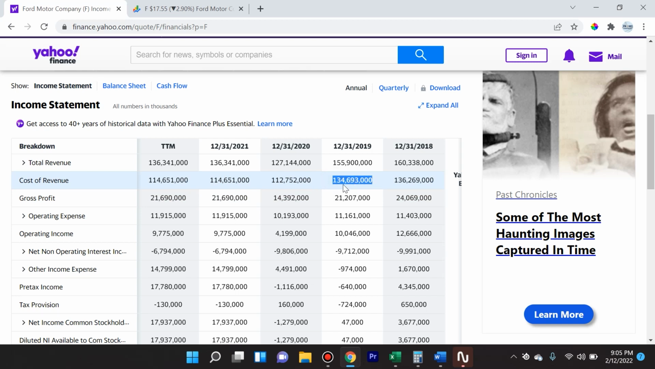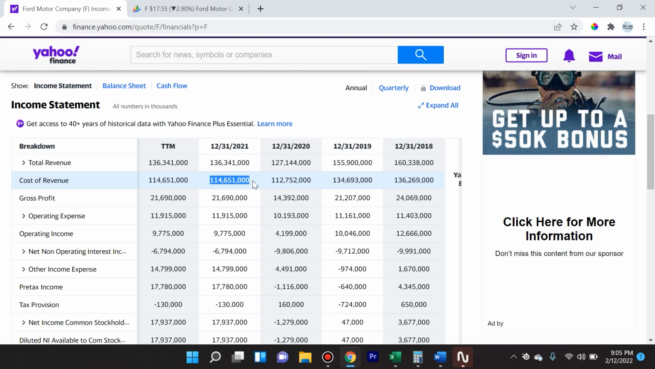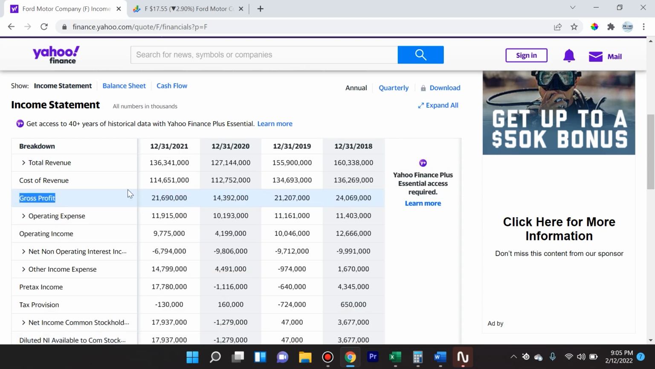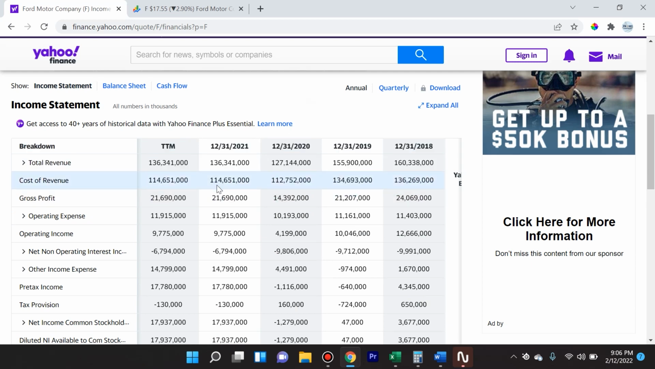It was $134,693,000,000 versus just $114,651,000,000 in 2021. This is very important to keep in mind, and this is why it's helpful to take a look at this and not just look at the top and bottom line that you see in headlines, because here you can actually go and figure out, well, why were their expenses so high in 2019? And maybe based on your research, you can make a better thesis for whether you should be invested in the